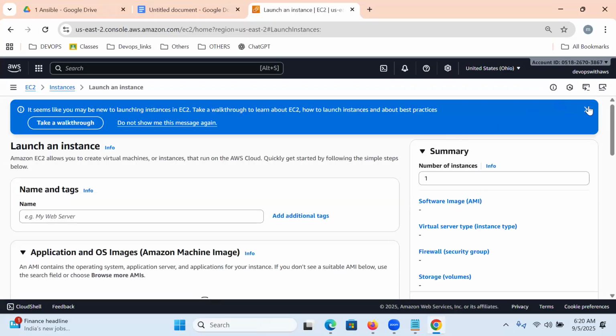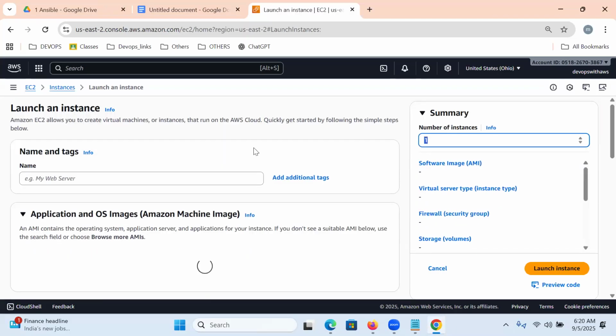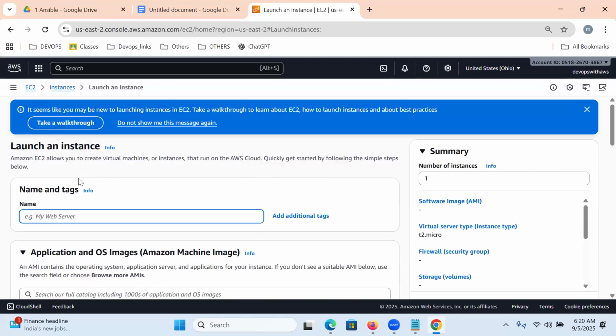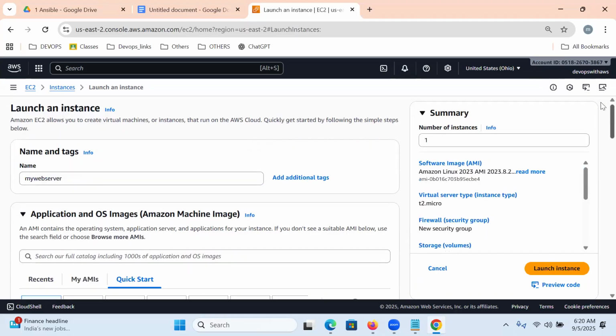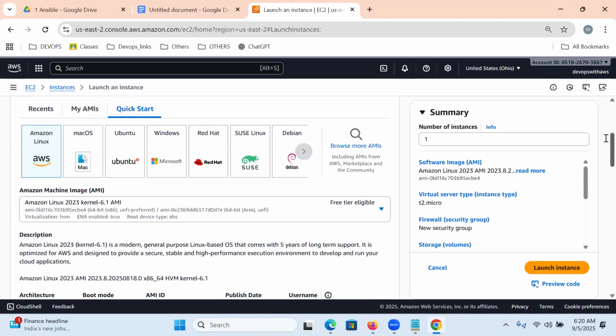How many servers do you want? One. My web server. Scroll down.